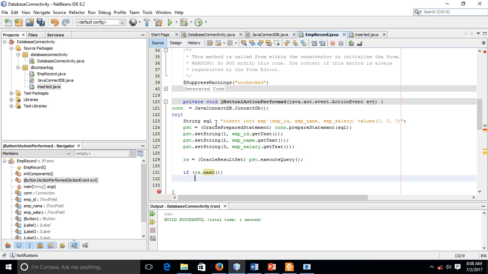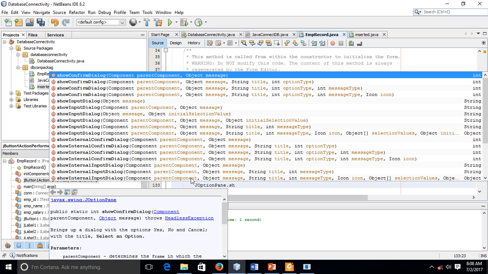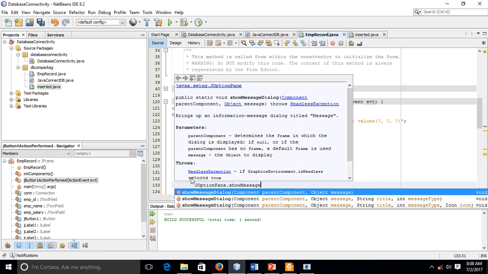Now for that one, if it returns true, it means we are inserting the values. So we have, if rs dot next, meaning successfully inserted, then it should display the message that the record is inserted successfully. So for that one, JOptionPane dot showMessageDialog,